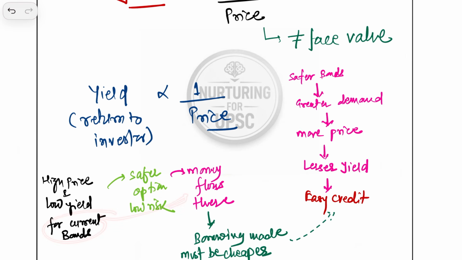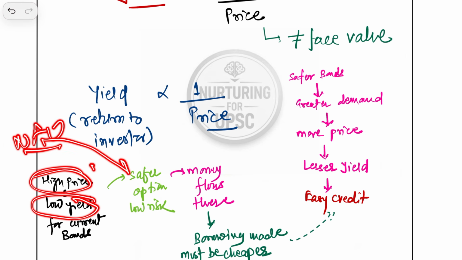बॉन्ड, और दैट वुड मीन दैट द बोरोइंग मस्ट बी मेड चीपर फॉर द अदर थिंग्स। वरना लोग कोई दूसरा बॉन्ड खरीदेंगे ही नहीं, लोग केवल एनएफयू का ही बॉन्ड खरीदेंगे। लेट मी एक्सप्लेन इट अगेन। एनएफयू का बॉन्ड है जिसका प्राइस हाई चल रहा है, जिसकी यील्ड भी लो है। क्यों, क्योंकि वो सेफर एंड लो रिस्क ऑप्शन है। तो फिर मोस्ट ऑफ द मनी वुड बी गोइंग टू द एनएफयू बॉन्ड, क्योंकि